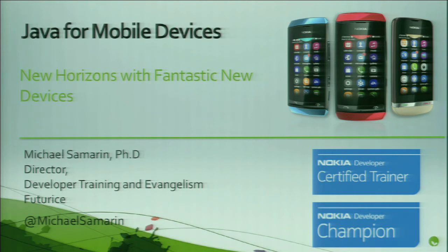And this is something that we are going to talk about today because they've released pretty interesting new devices this year, and they announced some new devices just a couple of weeks ago. This is very interesting to talk about because in North America, Central and Western Europe, and Scandinavia, developers are concentrating on smartphones so much that if you walk down the corridor here in Java 1 and talk to your fellow mobile developers, you can